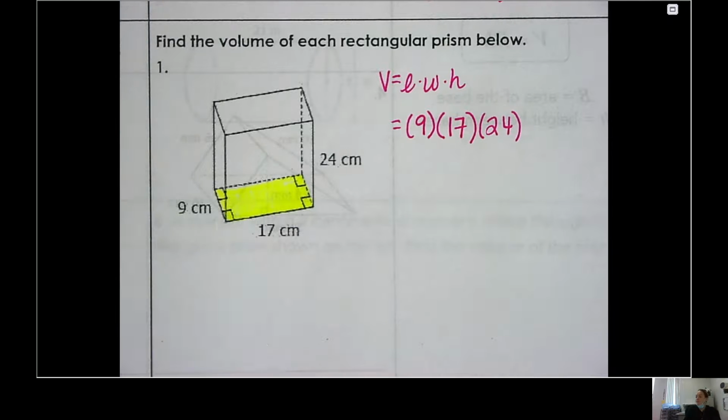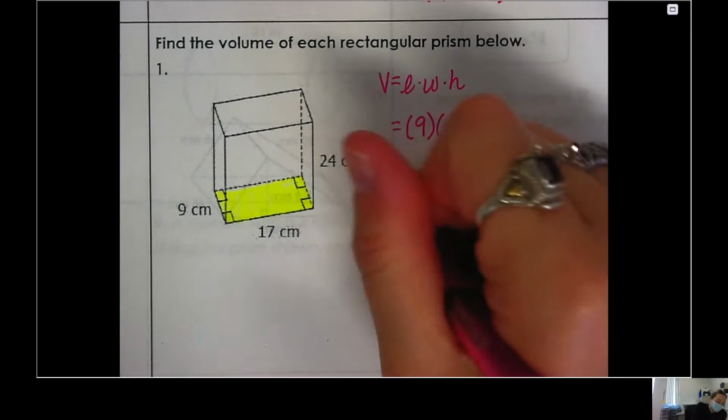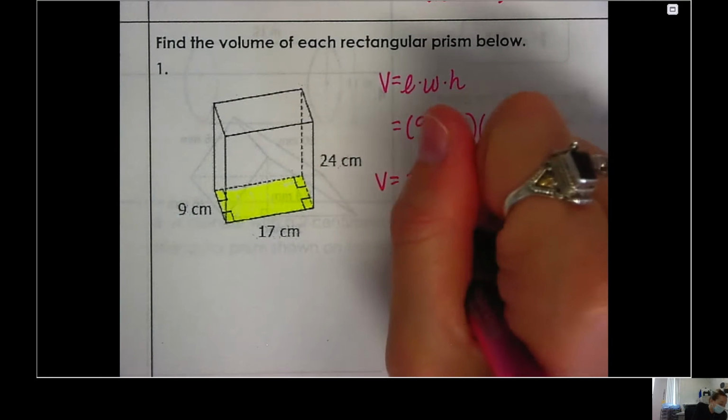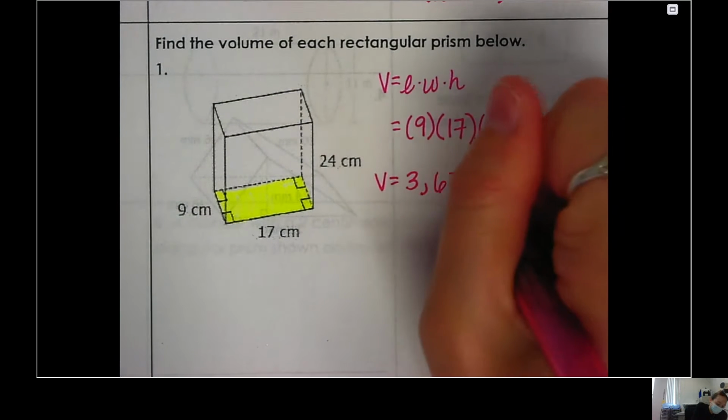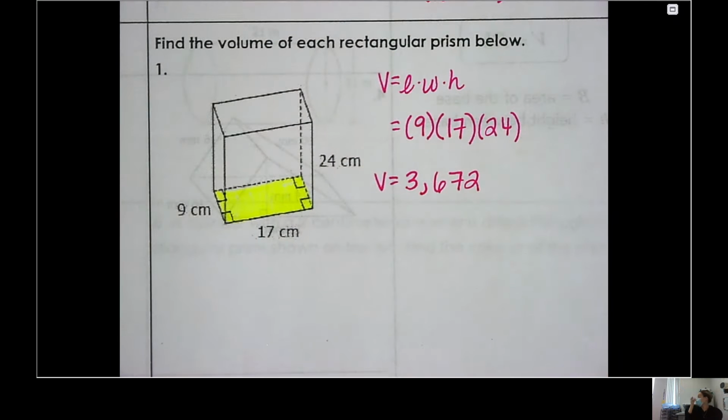You should get a large number. What did you get? 3,672. Beautiful. There's your volume. You just figured out volume. So your volume equals 3,672. And now I need to label it